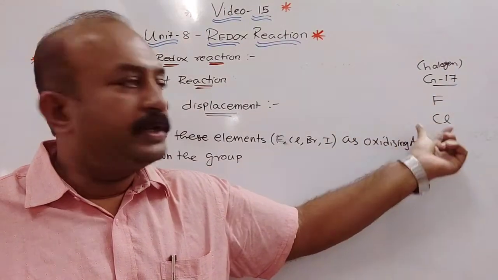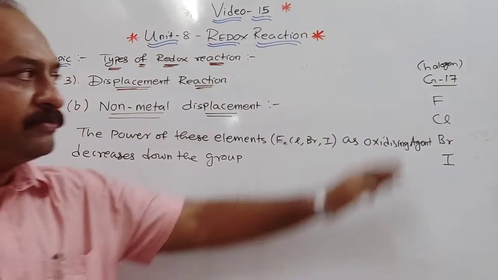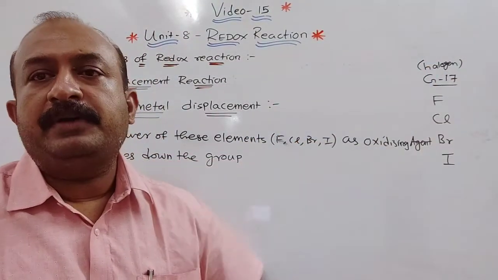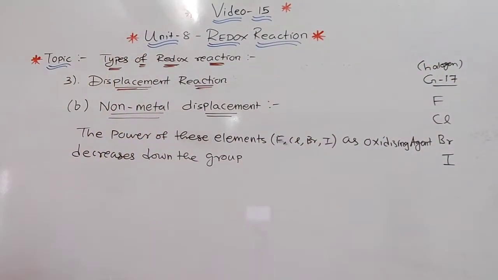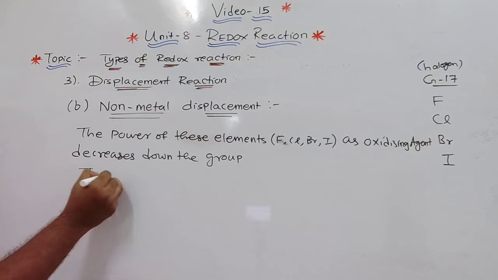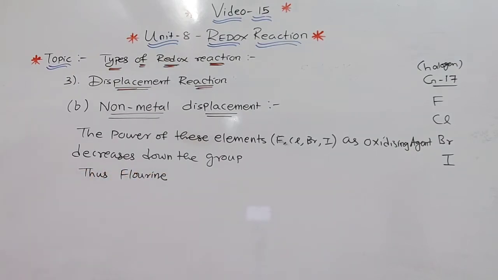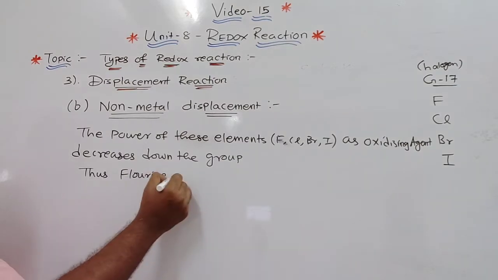After fluorine, chlorine will come, then bromine and then iodine. Understood or not? Going down the group from top to bottom, the oxidizing power keeps on decreasing. That is the part they want to explain. So the power decreases as we move down from fluorine to iodine, as I already explained. Thus we can say that fluorine is so